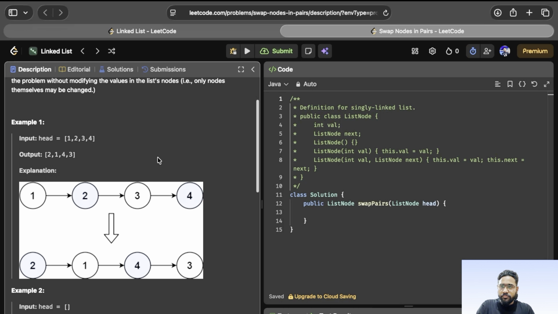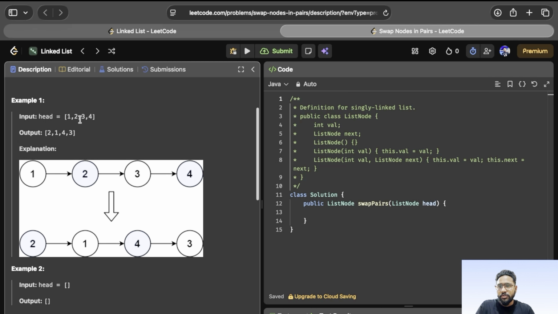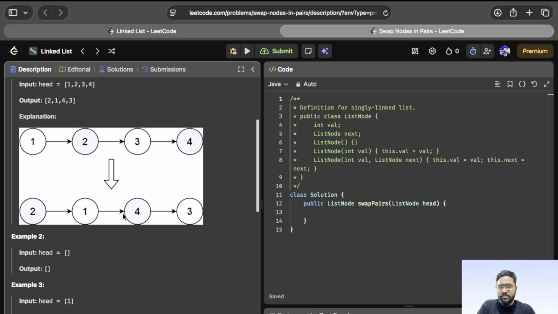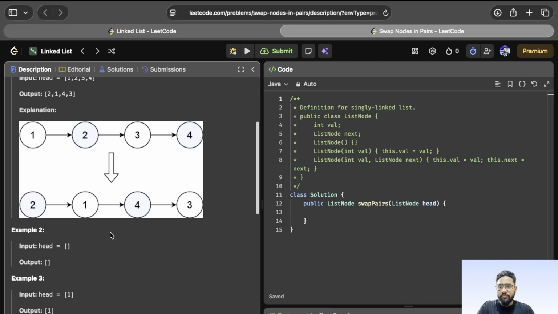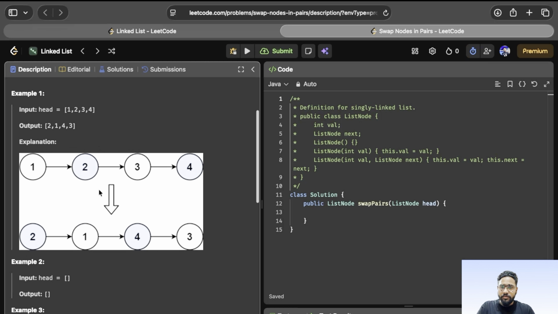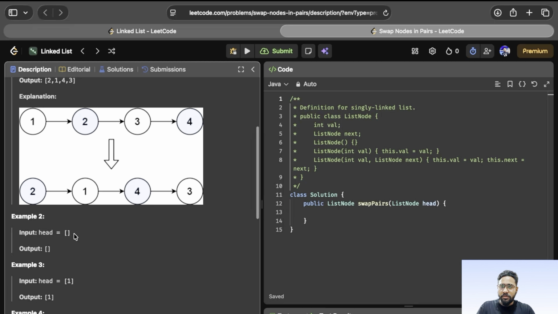We are given a singly linked list and we have to basically swap each pair. In the first example we have the linked list 1 2 3 4. We swap the first two, so 1 goes to the place of 2 and 2 goes to the place of 1, and similarly 3 and 4 exchange places. In the picture you can see how it happens, and the final output will be 2 1 4 3. Similarly, in example 2 we have an empty list,